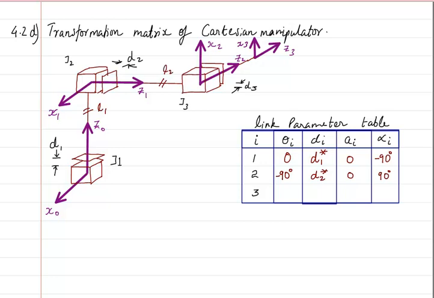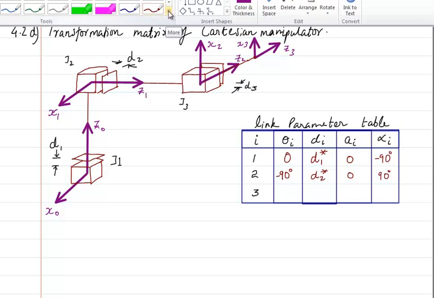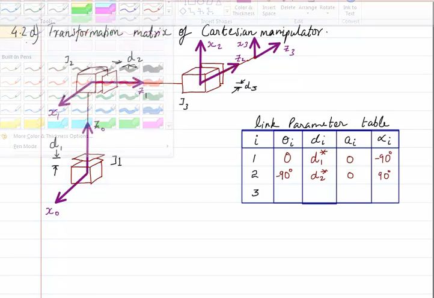Similarly, in this case it would have been L2. I would have written L2 plus d2 star instead of just writing d2 star in the second row of the link parameter table. But I have not written that because it's not mentioned. Now if you get a problem where it is mentioned, you should write that length. But since here it is not written, I'm not going to write it. Why I'm doing it in this method is because most of the textbooks follow this kind of a structure, so it's better that we also learn it that way, but I hope that you will be able to understand where we have to use it correctly.